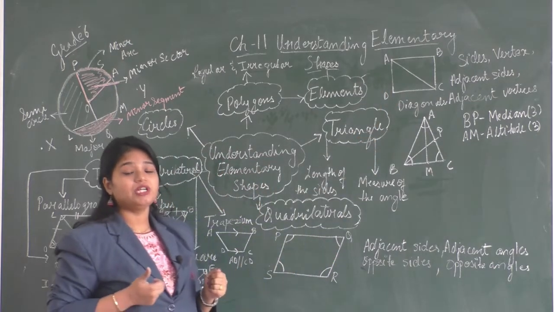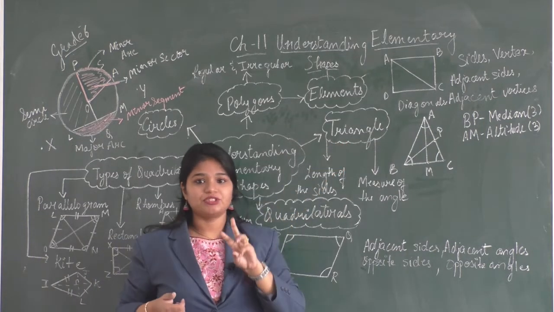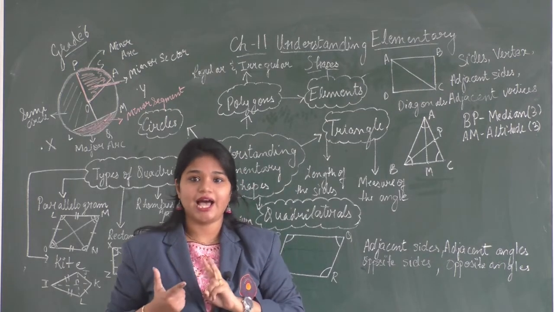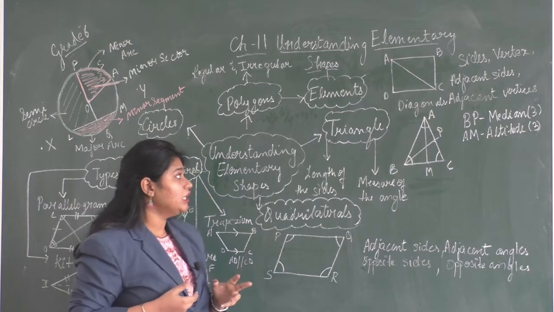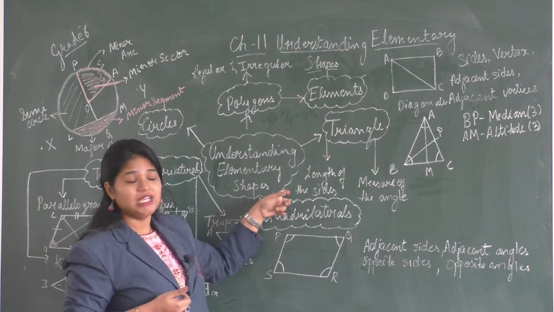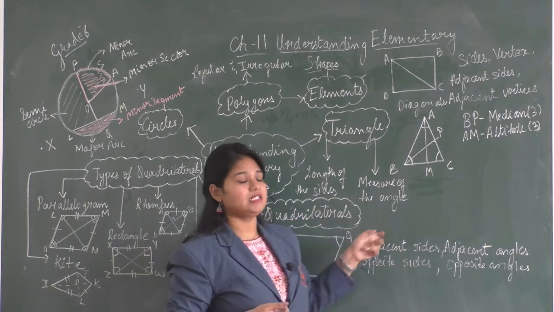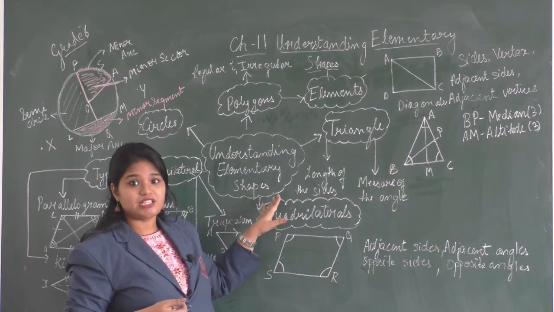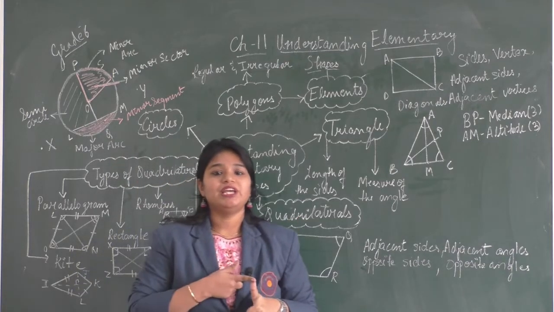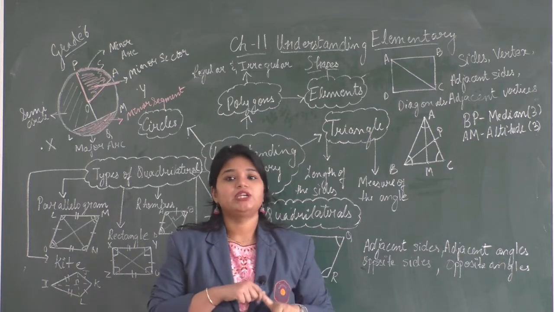Next we learned about a three-sided polygon, that is a triangle. A triangle has 3 line segments, which means that a triangle has 3 vertices and 3 angles. We learned about the triangles which are classified on the basis of the length of the sides and which are classified on the basis of the measure of the angles. The classification of triangles based on the length of the sides gives the equilateral triangle, isosceles triangle and scalene triangle. What is an equilateral triangle?